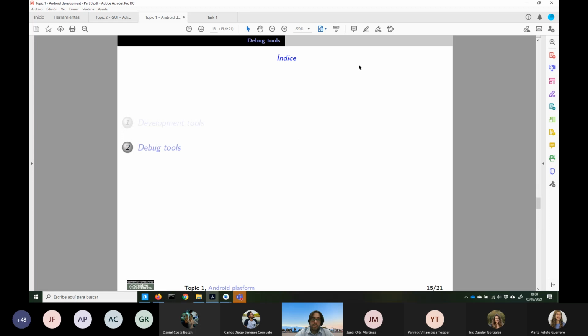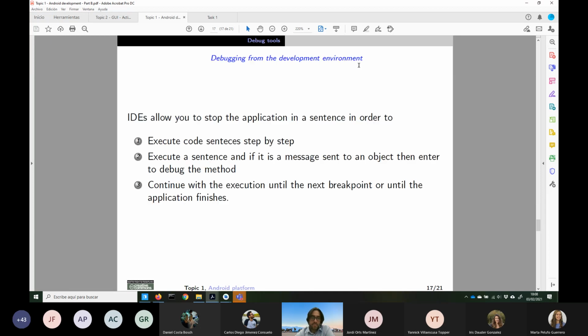And for developing and for debugging, we have also several tools, for debugging, for logging, for inspecting the layouts, and for profiling our applications. Well, from the development environment,